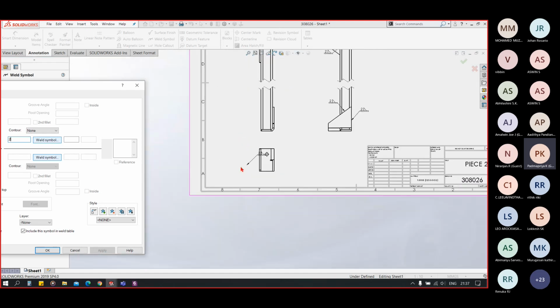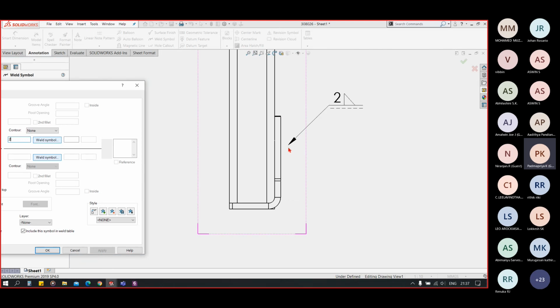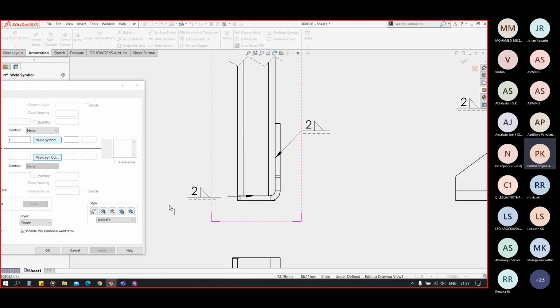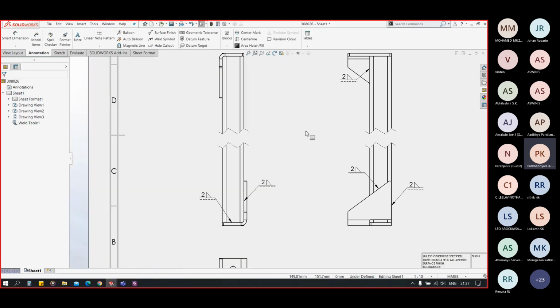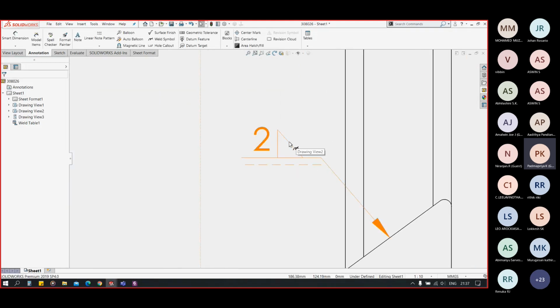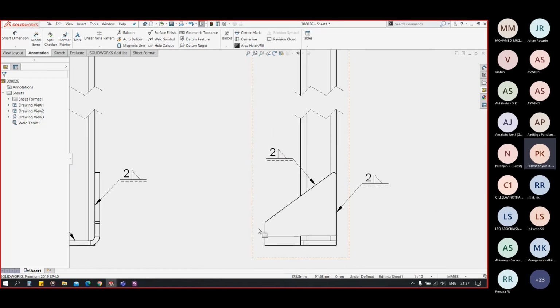Okay, that is enough for now, I guess. This also and this also. So this is the way you can add a welding symbol. This indicates we have a fillet weld of 2 mm on this slant edge.